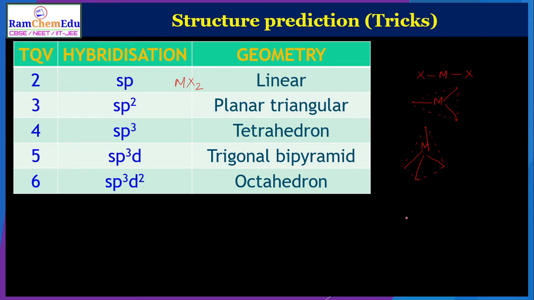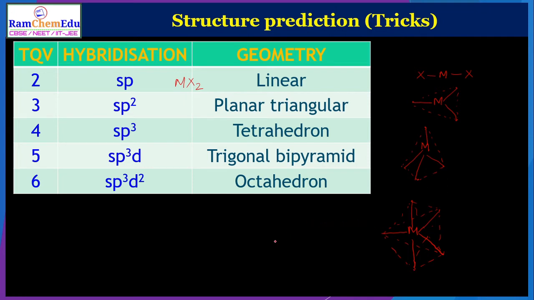And trigonal bipyramid, one more time I can write this way, that is the central metal or central atom. For a trigonal bipyramid, you first put these trigonal places, then the pyramidal places like the top one and bottom one. Now you can put the bond pairs like this. These are the bonds. This is the way I can put it, and I can join this with the dotted lines. And if you join these also, you will get a pyramid, and the bottom also you have to join. So this is the trigonal bipyramidal shape.